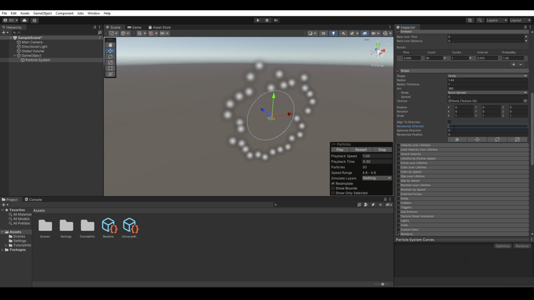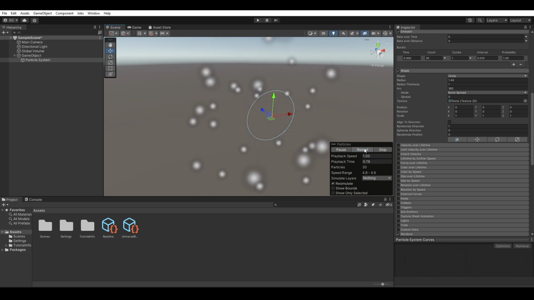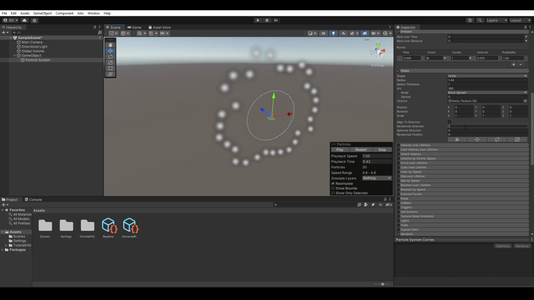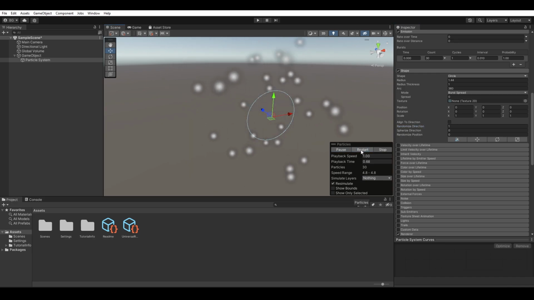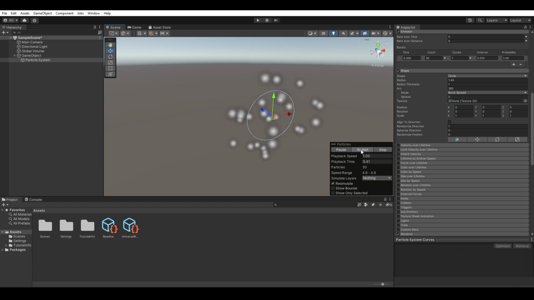Randomized direction basically decides to throw your particles in a random direction. Super simple. It's going to override their initial trajectory, and instead of following the speed and shape of your emitter, they're just going to be thrown randomly. So I guess I could see that being useful. I also don't use that one very much. I like to have more control over where stuff's going,